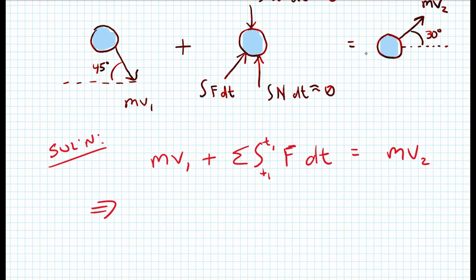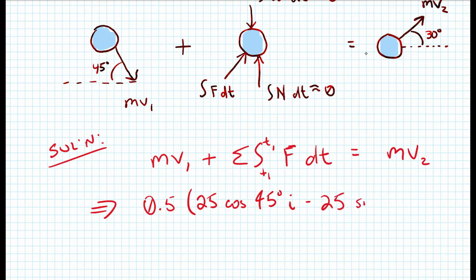This yields 0.5 times 25 cosine 45 degrees in the i direction, minus 25 sine 45 degrees in the j direction,